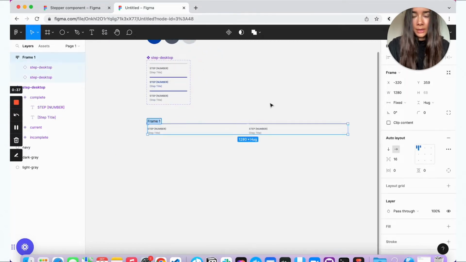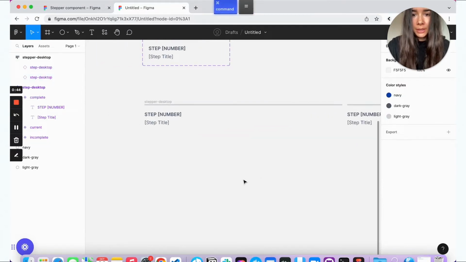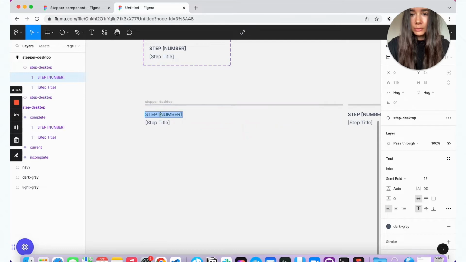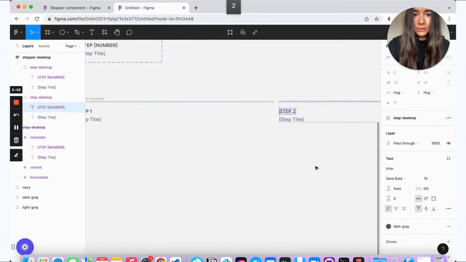So that would be our first variant for the desktop stepper. And we can also replace these ones with step 1 and step 2.